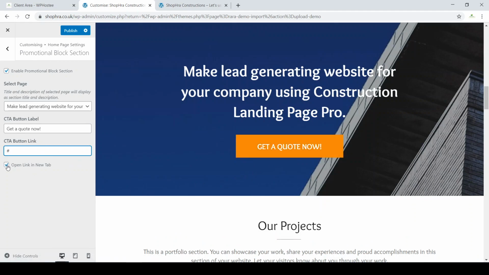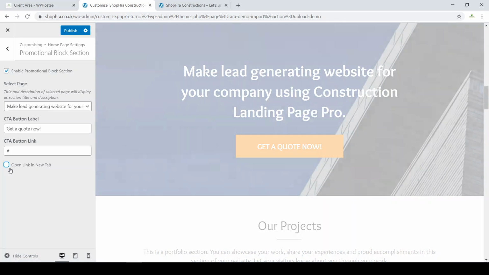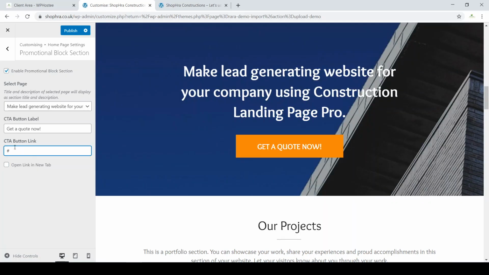Make sure this is checked. No, make sure this is unchecked, because you want to put a link to your website, so you don't want to open in a new tab, you want to open in the same tab. So this is unchecked, unless you want to check it so that it goes to another website. If you want this button to go to another website, you want to promote someone else, I don't know, you just make sure you click this. If you don't want this to promote someone else, but you want to promote a page on your website, make sure this is unchecked. Make sure you put the link here to that page,